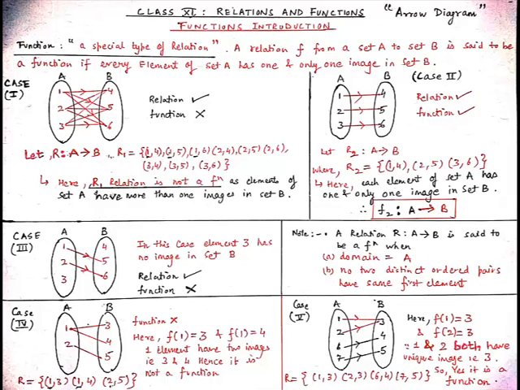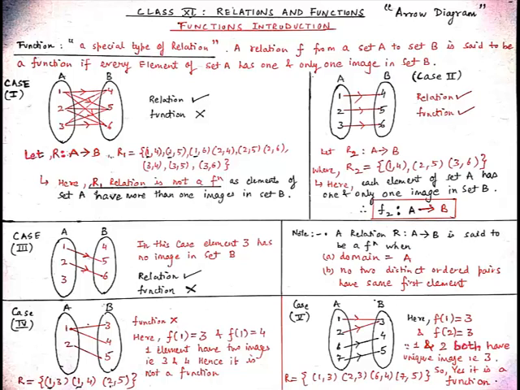Now we will see case 5, in which the elements of set A are 1, 2, 6, 7 and elements of set B are 3, 4 and 5. Here 1 is related to 3 and 2 is also related to 3. 6 is related to 4 and 7 is related to 5. Let us define a relation R which is equal to {(1,3), (2,3), (6,4), (7,5)}. As you can see in this arrow diagram, 1 and 2 both have the same unique image, which is 3. So it fulfills the definition of our function. Therefore, it is a function.